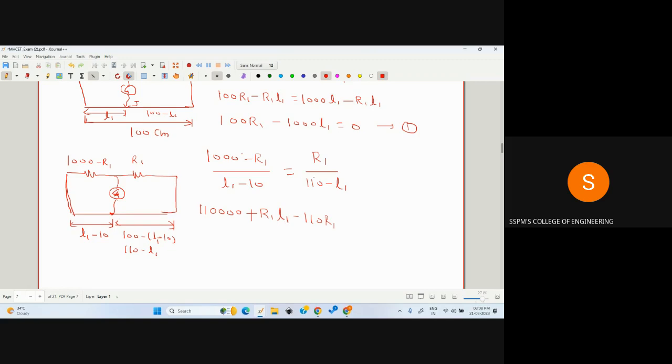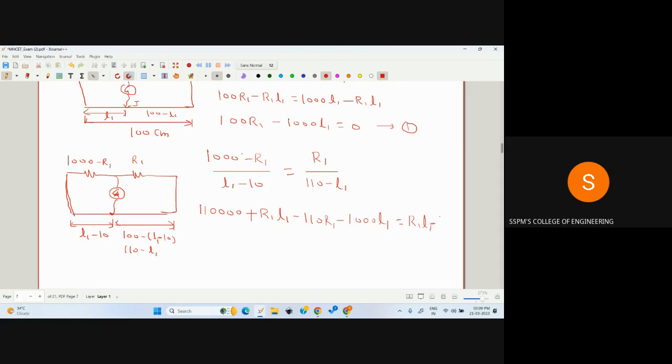First multiply 110 with 1000, we get this one. Then multiply minus L1 with minus R1, it becomes R1 L1. Then multiply 110 with minus R1, it gives minus 110 R1, and multiply minus L1 with 1000, it gives minus 1000 L1, equal to R1 L1